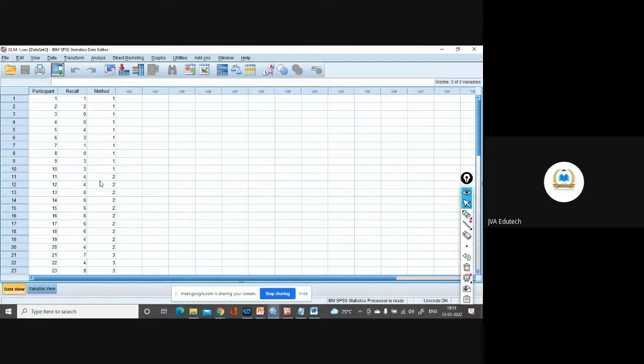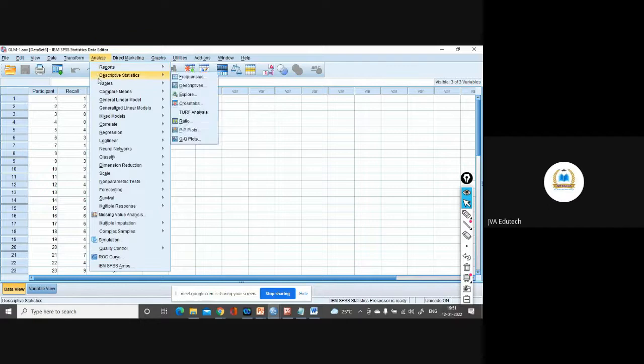Means whether the recalling of words differs for the method of memorizing. This we want to know. So we have 3 different methods, so 3 groups. This makes it a perfect case of ANOVA. So go to Analyze, Compare Means, One-Way ANOVA.